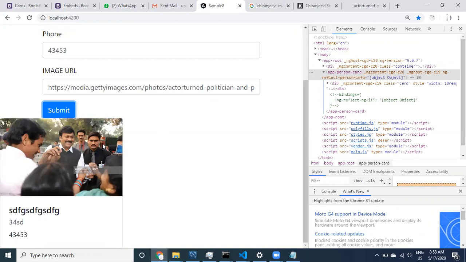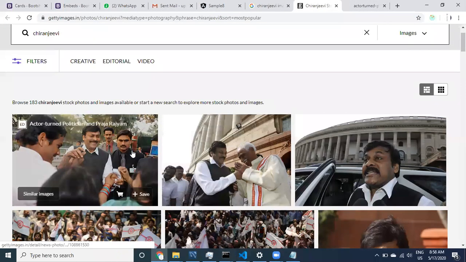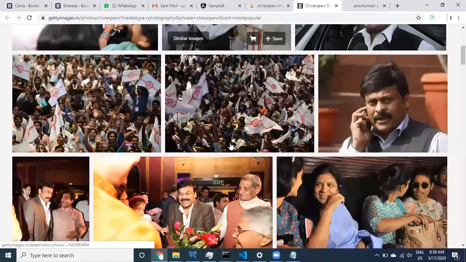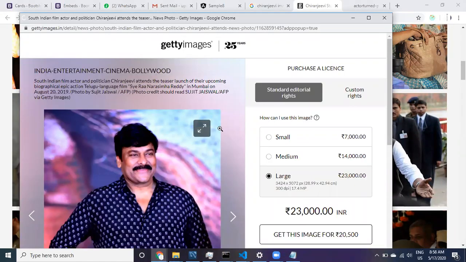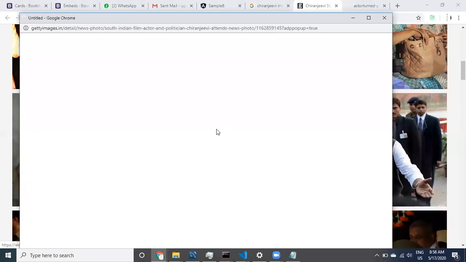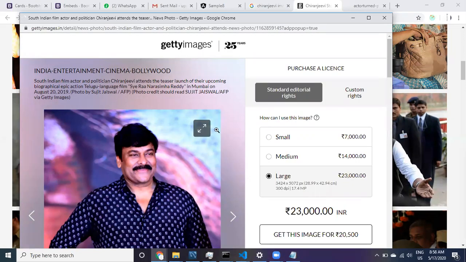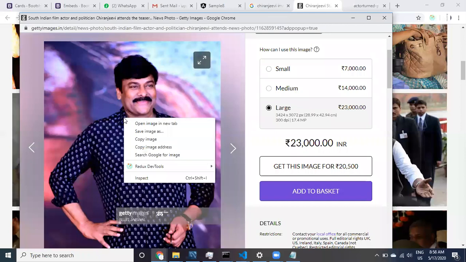So this information is getting printed. Maybe I have some direct URLs. See here, there are so many. Let us click on this. If you click on it, this is not the URL actually. If I click something, then only it is going to open. When you are picking URLs from the internet, you have to be very careful. That's why right click on this.